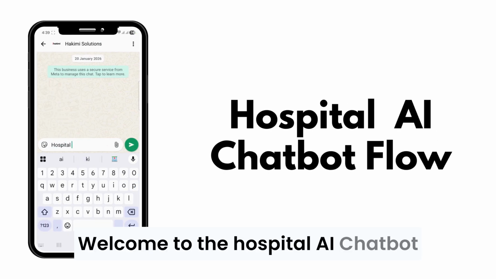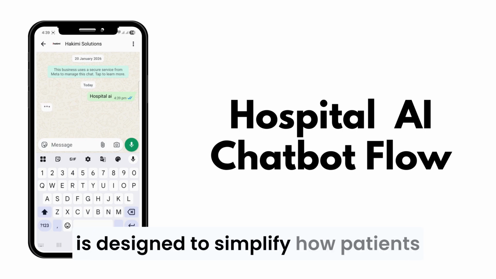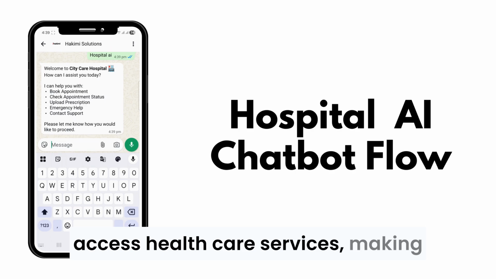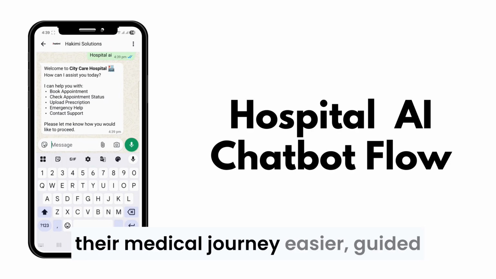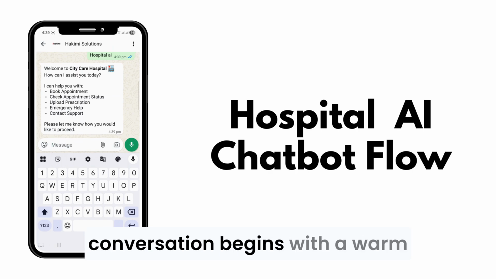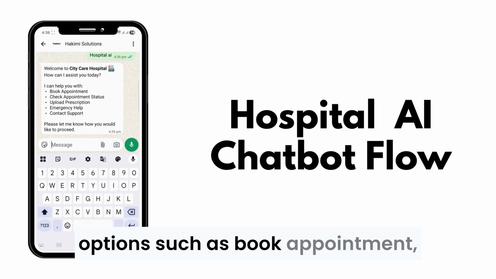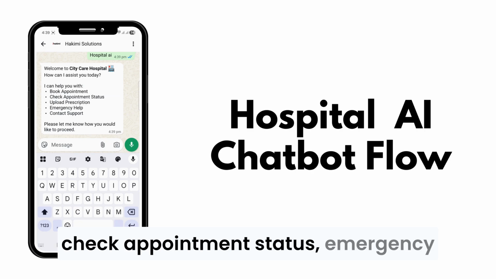Welcome to the Hospital AI Chatbot Preview. This intelligent assistant is designed to simplify how patients access healthcare services, making their medical journey easier, guided, and completely effortless. The conversation begins with a warm welcome message and multiple service options such as book appointment, check appointment status,